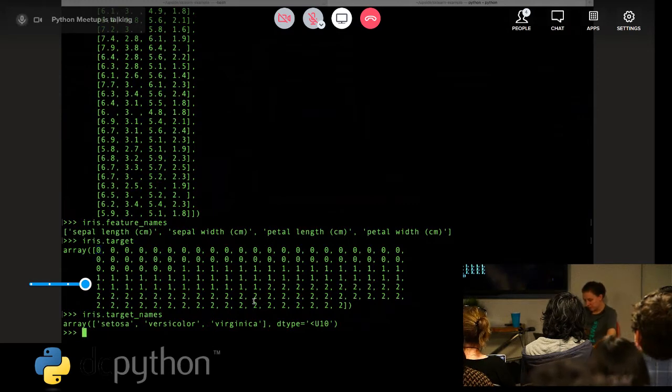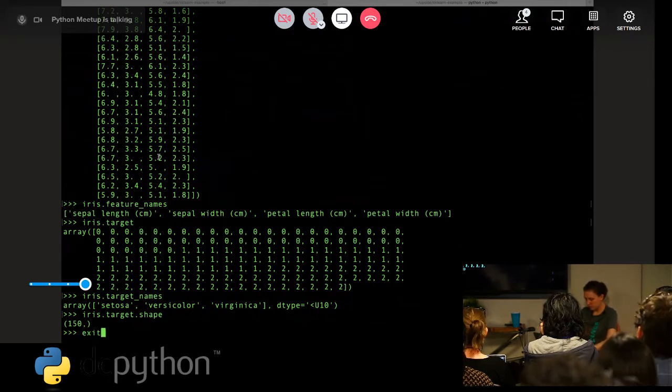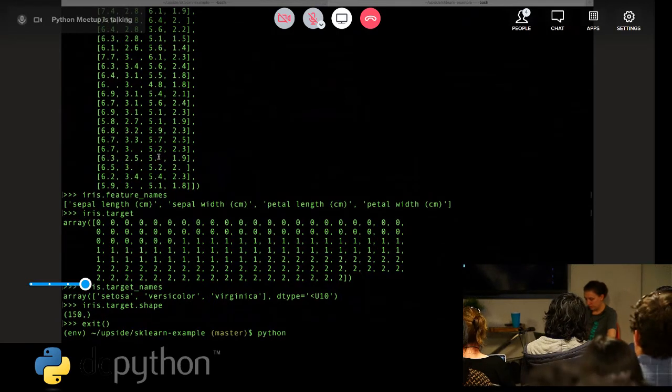And you can see one more thing. So if I do iris.target.shape, you'll see that I have 150 targets. So I have a class mapped to each of these 150 flowers in my feature vectors. And while I'm in here, let me show you one more fun thing, which is